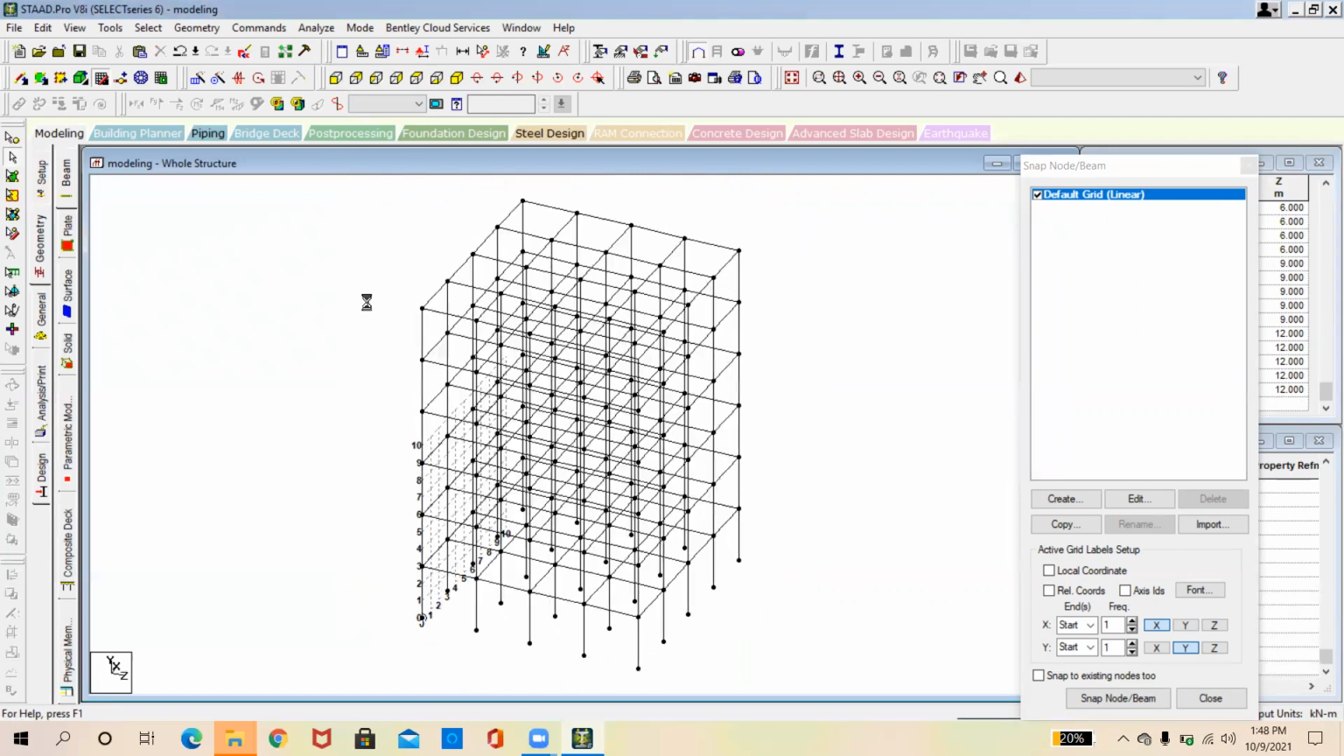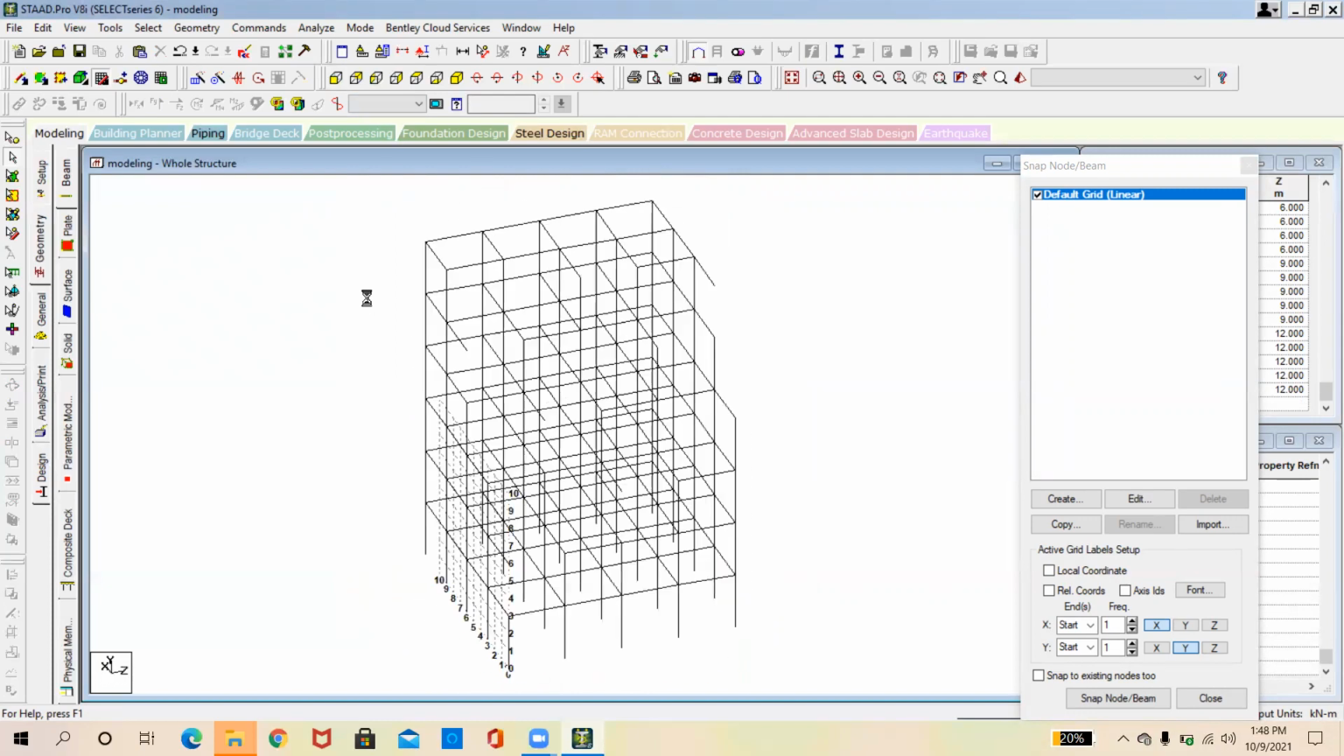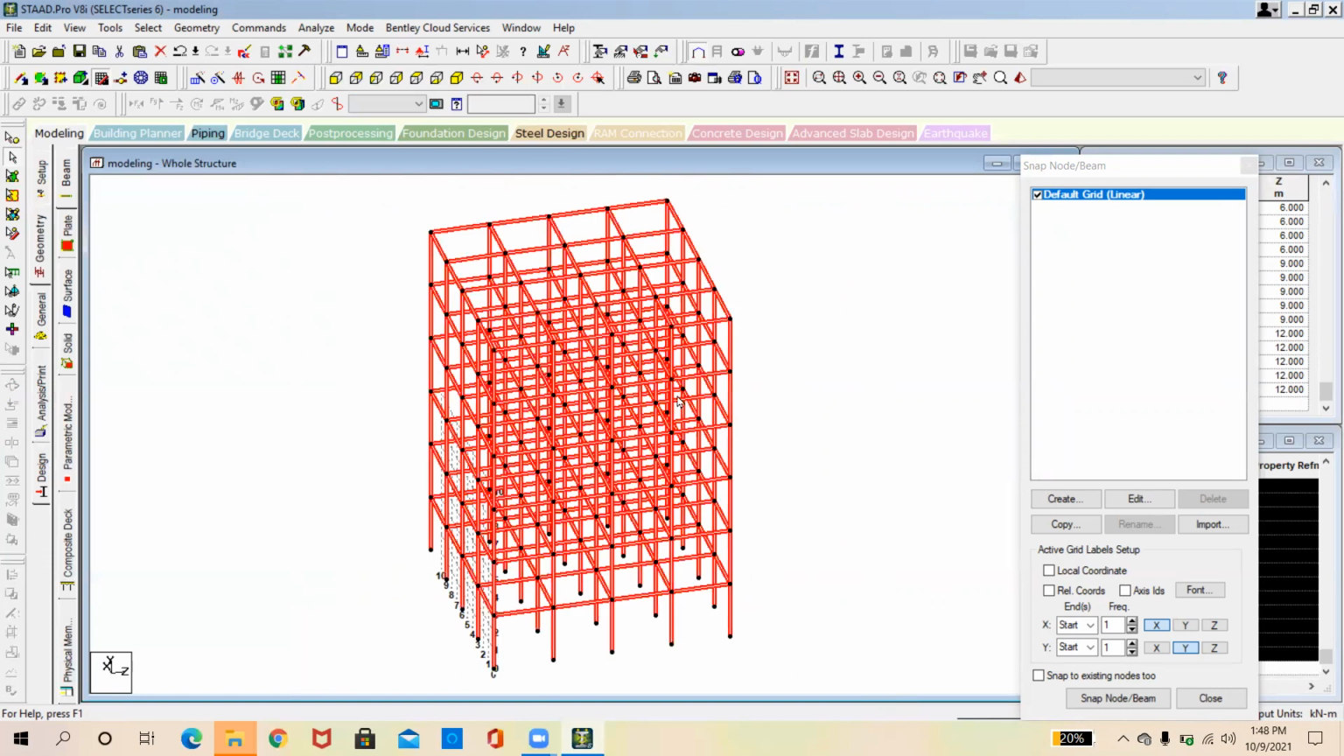So by using the transition repeat method, my structure is generated. I modeled a structure. So for this, I can easily